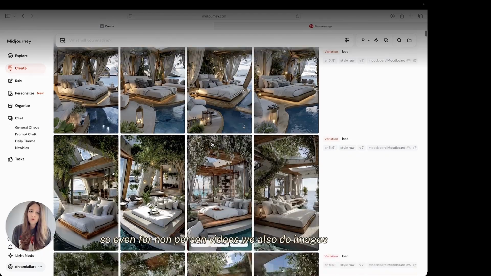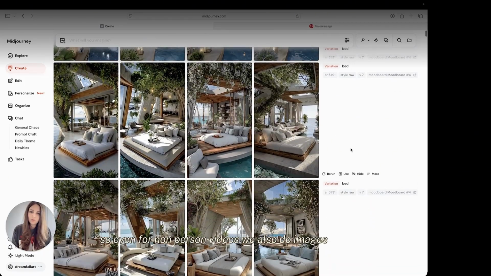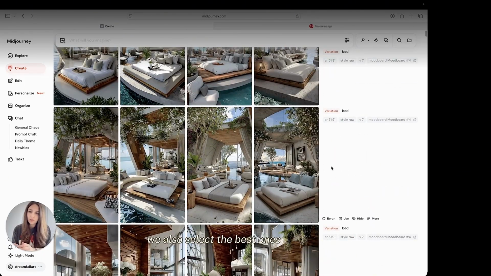Even for non-person videos, we also do images. We also select the best ones, the best in composition, so that it would be interesting just by looking at it. For non-people images, it should also have a wow effect. It should also look quite natural, even though we will edit everything.